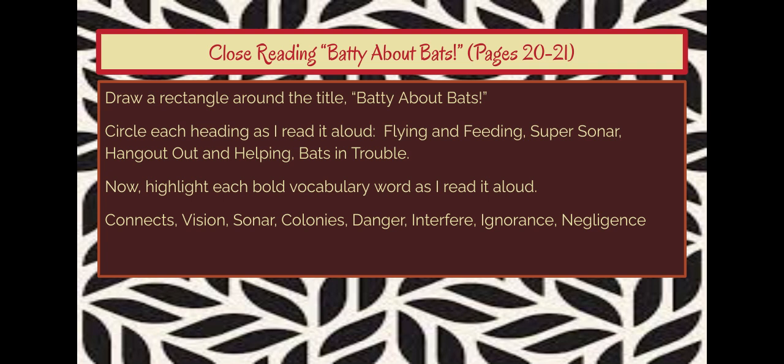It's time to reread the text the way proficient readers do. You will read the text Batty about Bats one paragraph at a time. After each paragraph, you will monitor your understanding by circling the check marks or question marks. Please be sure to draw a question mark over any confusing words, phrases, or sentences. I will also provide specific instruction on how to mark the text that will help you with your comprehension and